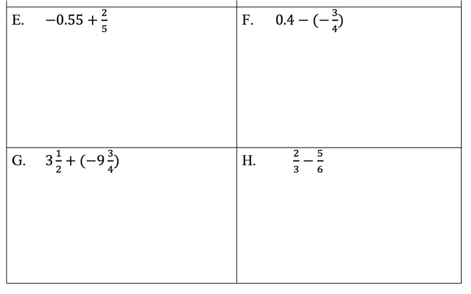Okay, so for H, 2/3. Hold up, because I don't want this to be like that. Okay. So 2/3. You want it to be the same denominator as the 6. So we're going to multiply that by 2. And you're going to get 4/6. And the new problem will be